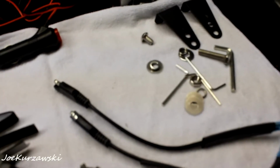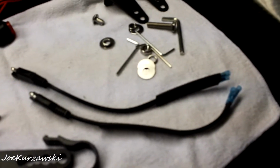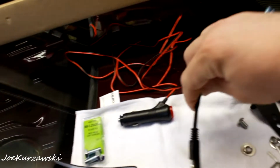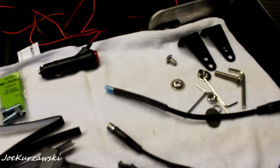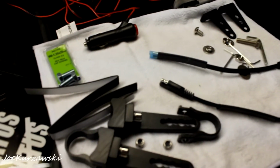I got 2 of these little connectors, which were like 12 bucks. Basically this will be wired to the light bar, and then the other one will be wired to this guy here, and then I can just plug them together. I did not get the caps for these yet, so I'm gonna have to zip tie them on later or something. And the little pieces that I'm missing, I bought like a 6-pack of them for a couple bucks,